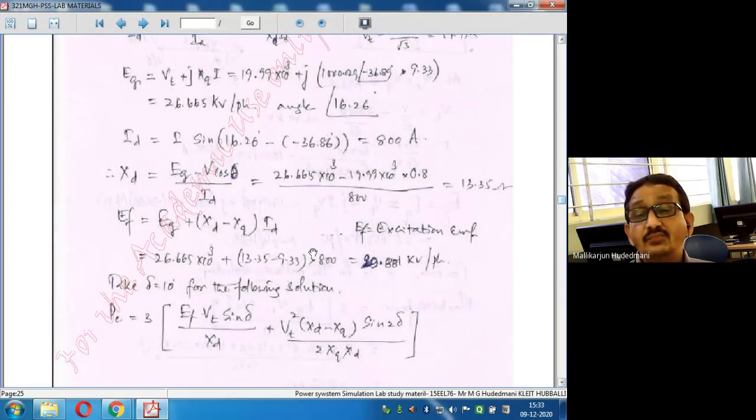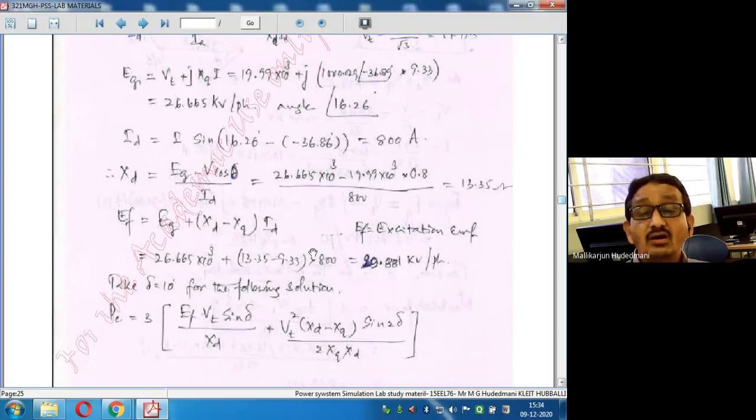In that context, we know that power transferred from bus 1 to bus 2, from a synchronous machine to any bus, can be computed using the terminal voltages of both buses, the path reactance, and the angular difference between the bus voltage magnitudes. If it is a salient pole machine versus a smooth cylindrical rotor machine, there is a small difference. If I have a smooth cylindrical machine, there is no concept of quadrature axis reactance or quadrature axis current at all.